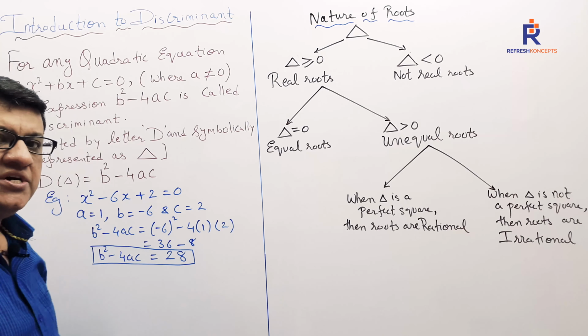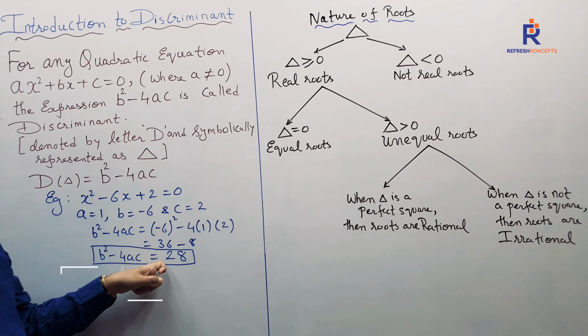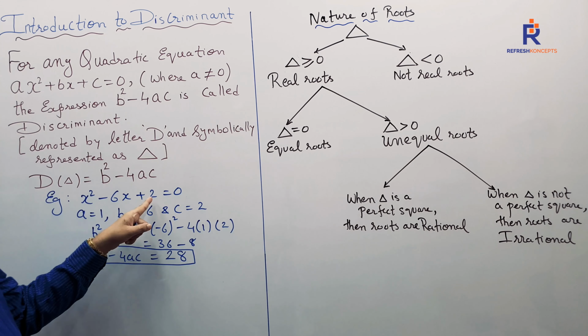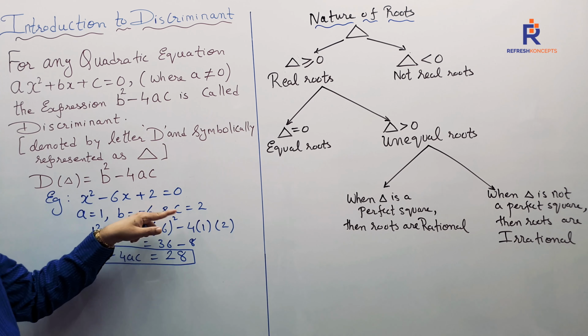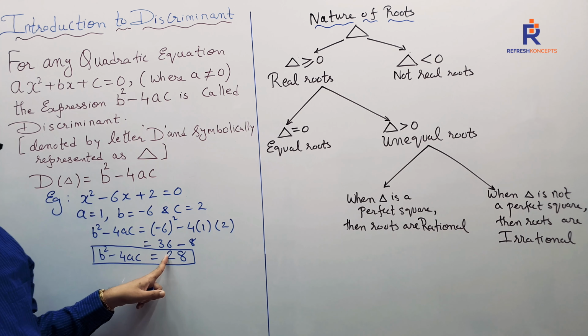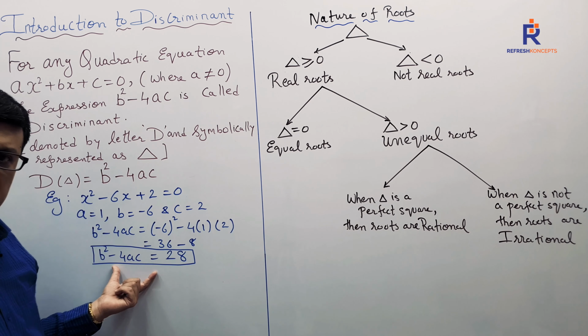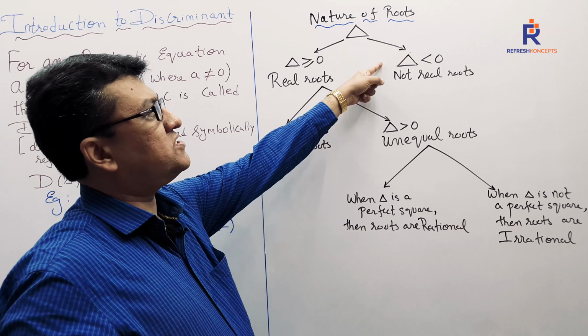Children, I want your attention here once again. Here we got the value of delta being positive. Just think that if my c would have been a bit higher, say for example 10, don't you think that on solving I'll get a delta negative? Certainly I'll get a delta negative. At times you will get b square minus 4ac as positive, at times as negative. That's the reason we have come across two cases.